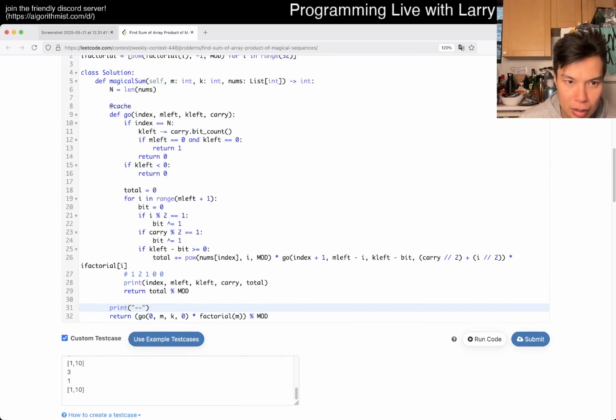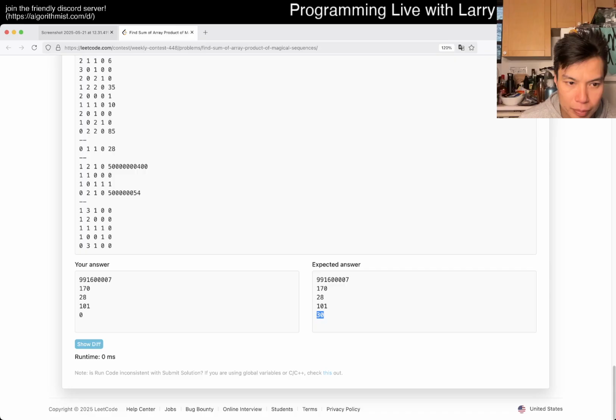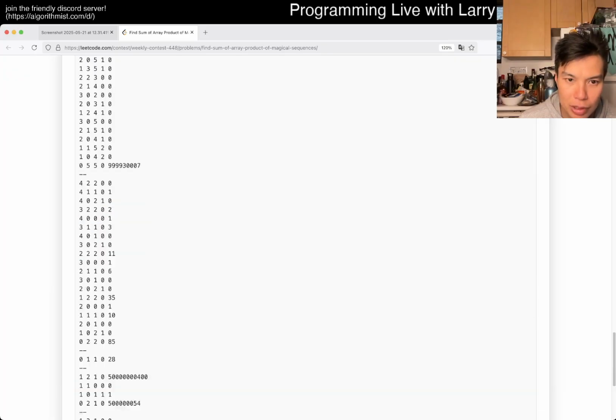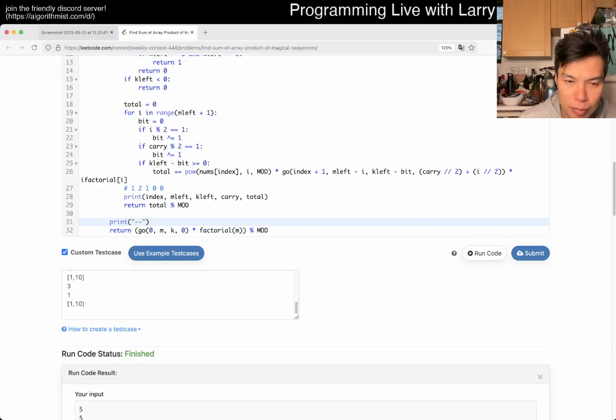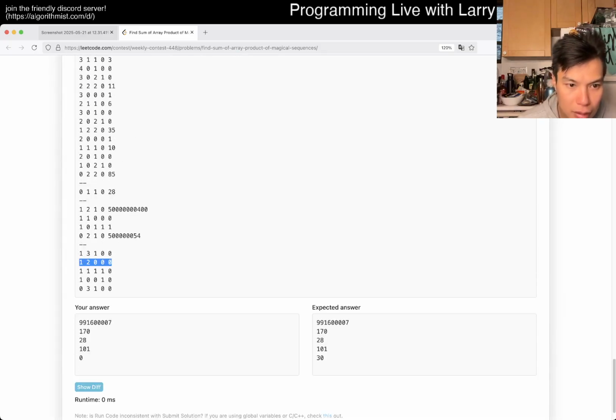Okay, so that means that this one's impossible, which is correct. This one should, oh, wait, so we have a carry. I think this one should be,